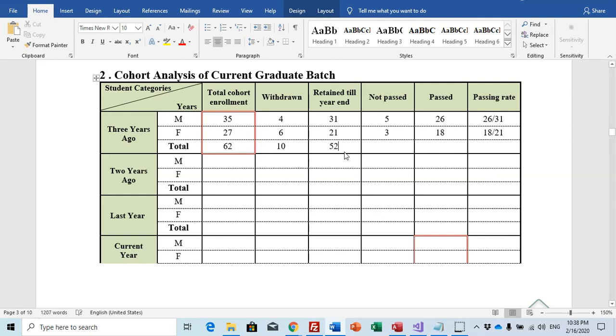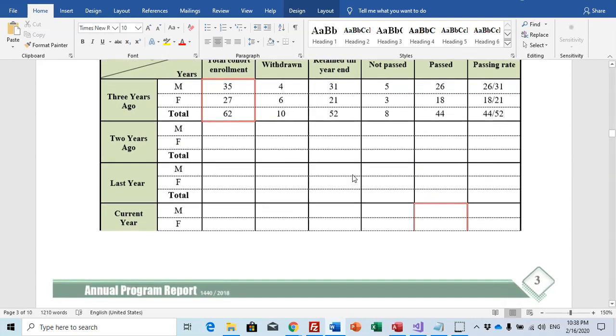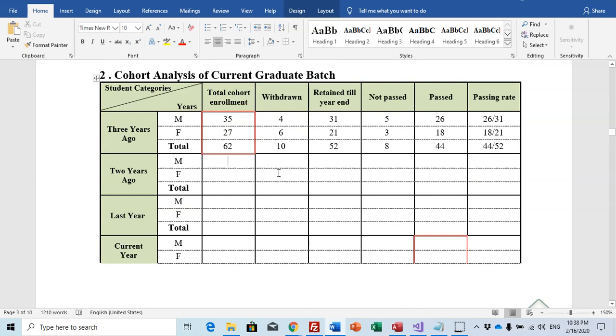As you see, before, we have here 30, 44 over 52. 2 years ago, maybe it was better.